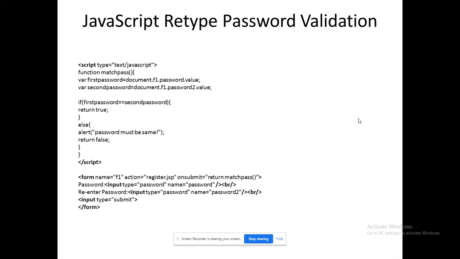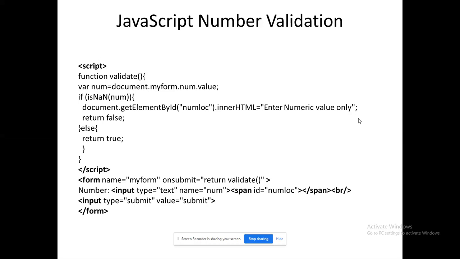So the logic has been given over there. First, we refer to that value from the password box. Then you have another password box. Both the password boxes are differentiated by their names, password and password two, right? When they check, if both are equal, no issues. If both of them are not equal, it generates an alert message box saying that the passwords must be the same. It's another stage in the validation.